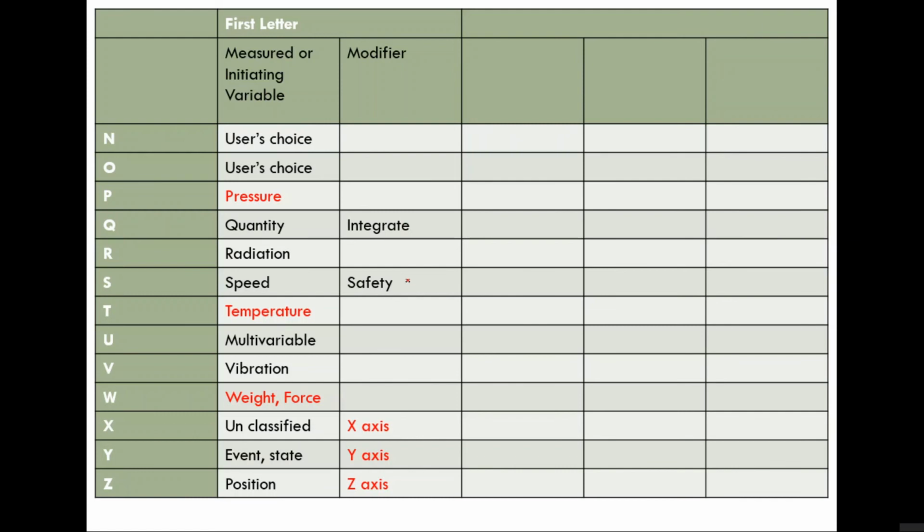Now safety, temperature safety controller. At that point we have to use S. S means safety. Please note, this one is not a standalone letter. We have to use this one along with the first letter. So S means safety.